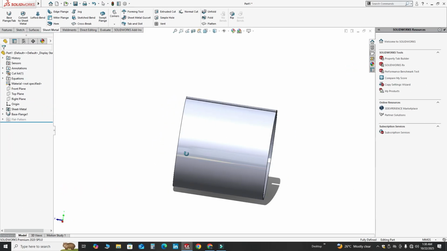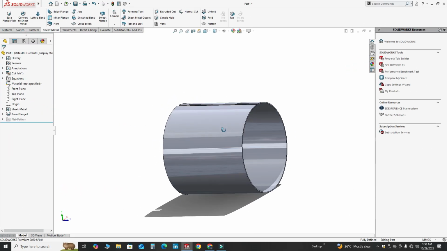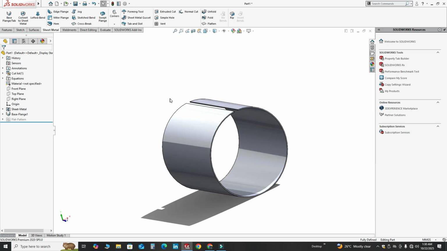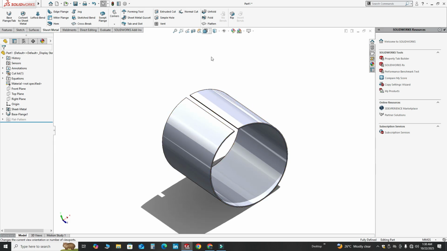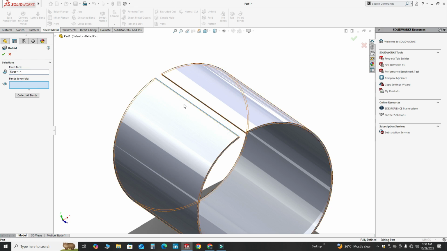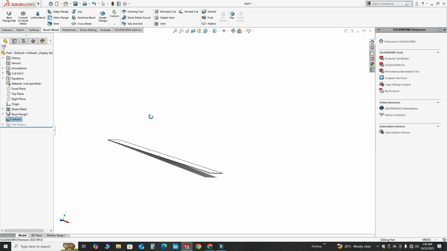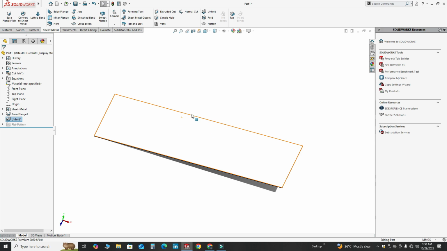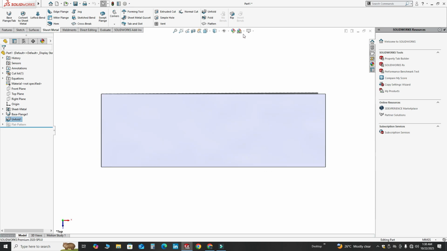Now you can see this rolled 2 mm sheet, and we want to add some text onto this sheet. So for this, first we have to unfold this because it is already folded. So I will select this command, unfold, and it is asking fixed face. So let's say this one is fixed. Collect all bends and select OK. And now you can see this flat sheet metal, and now we can write some text onto this sheet. So I will select this face. I will hide the shadow.